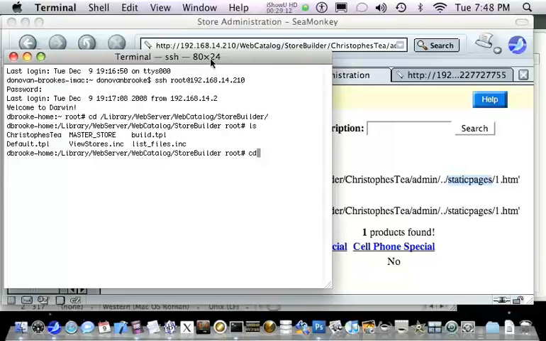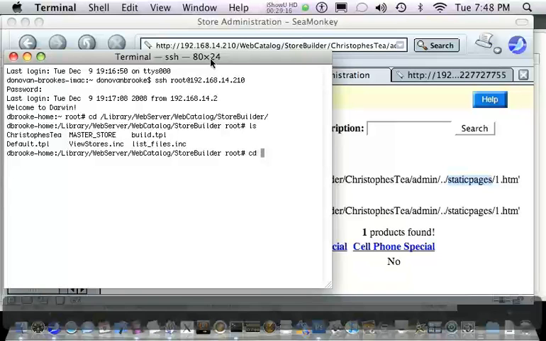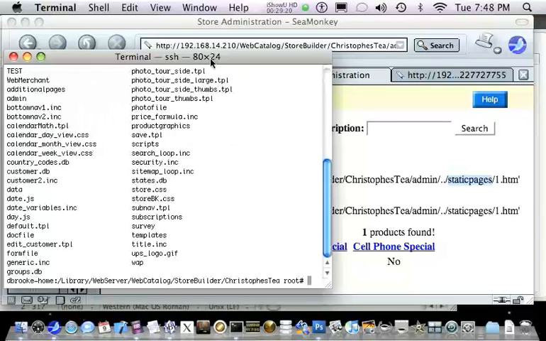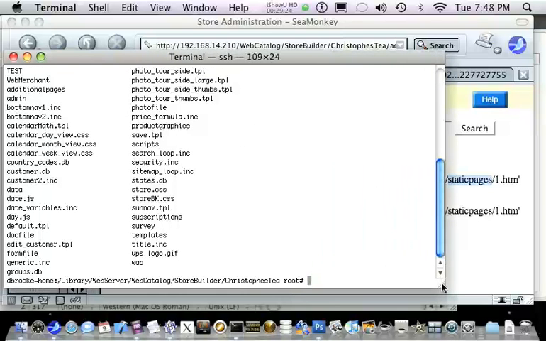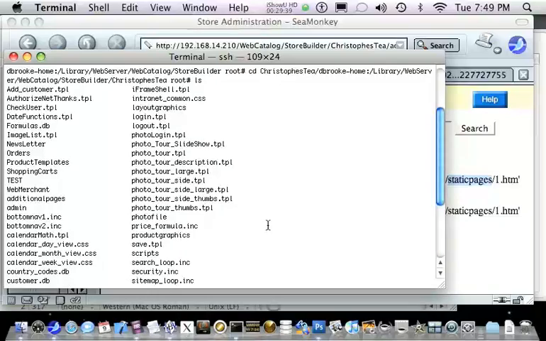So, well, for those of you who never use the command line, you can go out to your hard drive icon under Mac OS, and just clicking on the hard drive itself, that first list of files that comes up includes a library. That's the library that Donovan's talking about. Inside there is a web server directory, and inside there you'll see the web catalog folder. So the reason why we're getting an error there, I believe, is that we don't have a directory called static pages. And just to make a note that